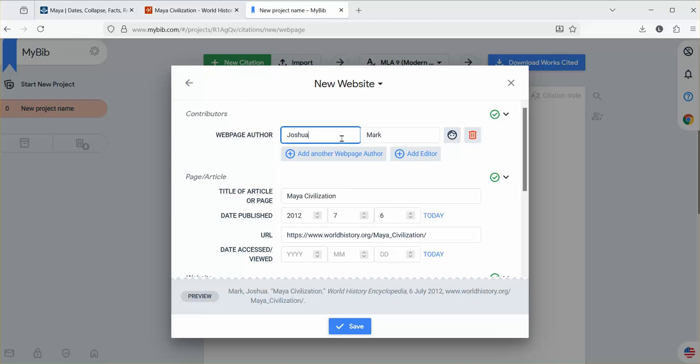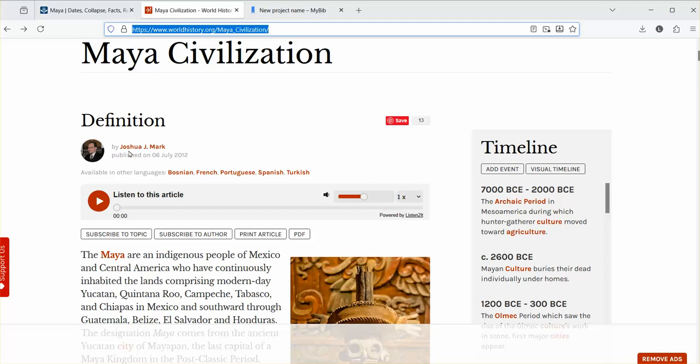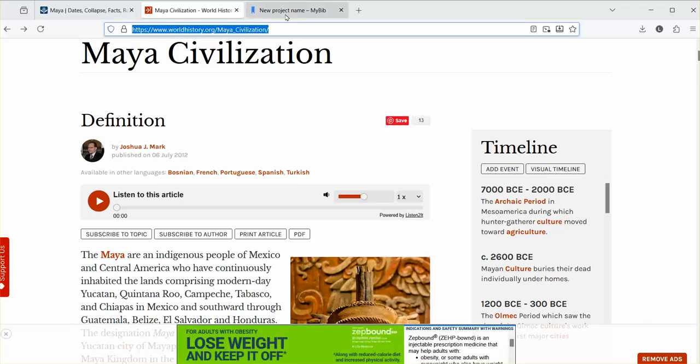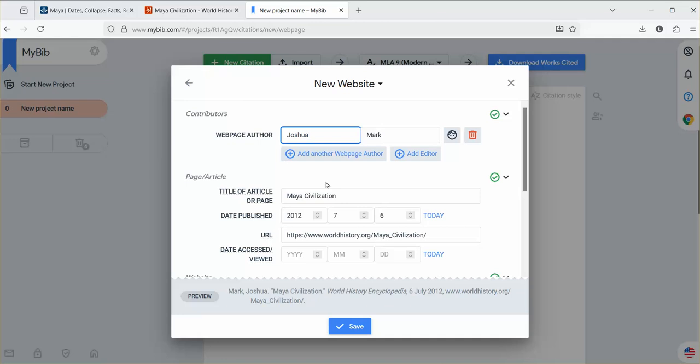So the author is Joshua Mark. Title of it is Maya Civilization. It was published in 2012. Let's take a close look here. Author is Joshua Mark, published in July of 2012, and yeah, the title is Maya Civilization. So this looks correct. The only other thing that you need to change on your citations, or I should say add to your citations,